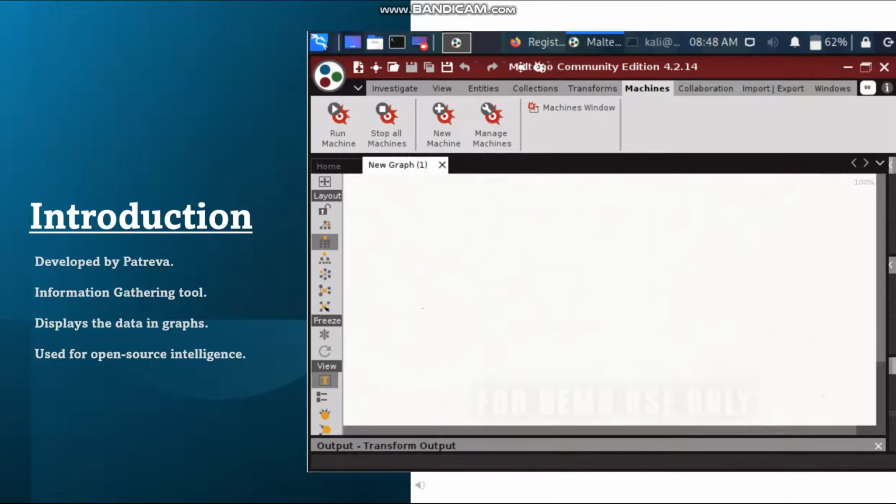It is an information gathering tool which helps a user to explore relationships among different entities such as people, organizations, websites, or any internet component such as DNS or IP address, etc. It makes use of a single graph to portray those relationships. Basically, it is used for testing vulnerabilities of a system.